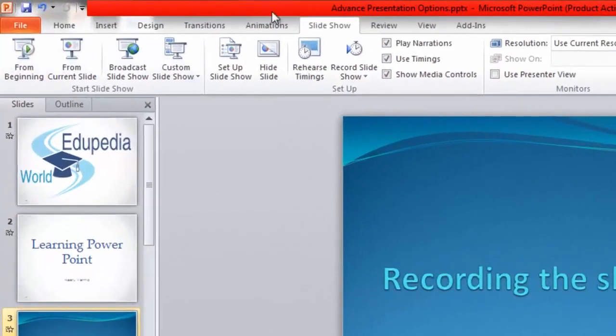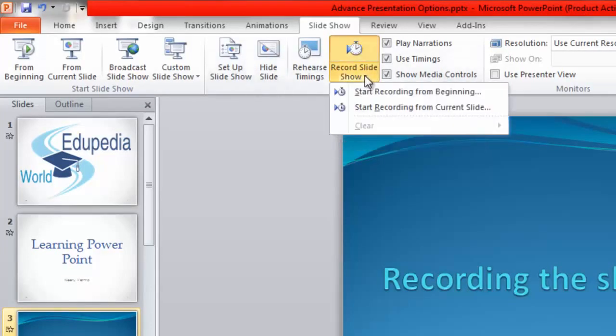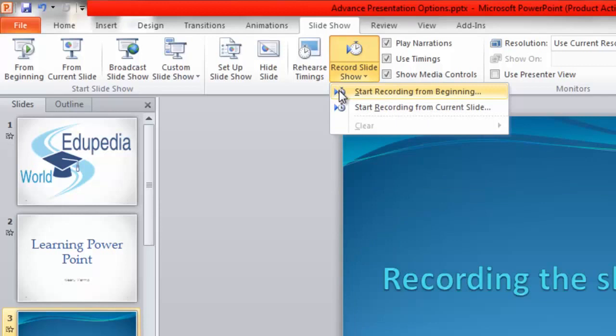Now you can see here in this tab slideshow that we have option available record the slideshow. You have two options available here, that start the recording from the beginning or start the recording from the current slide. So let's say we use this option, start the recording from the beginning.